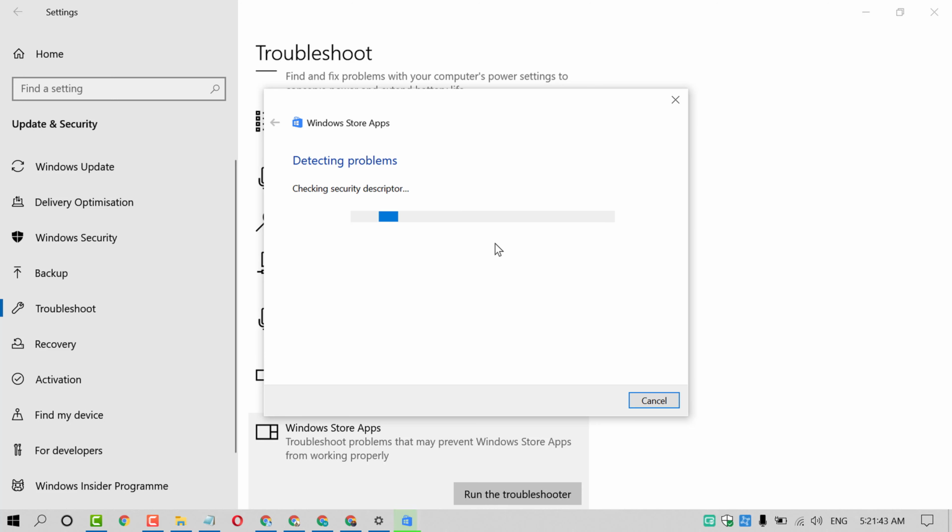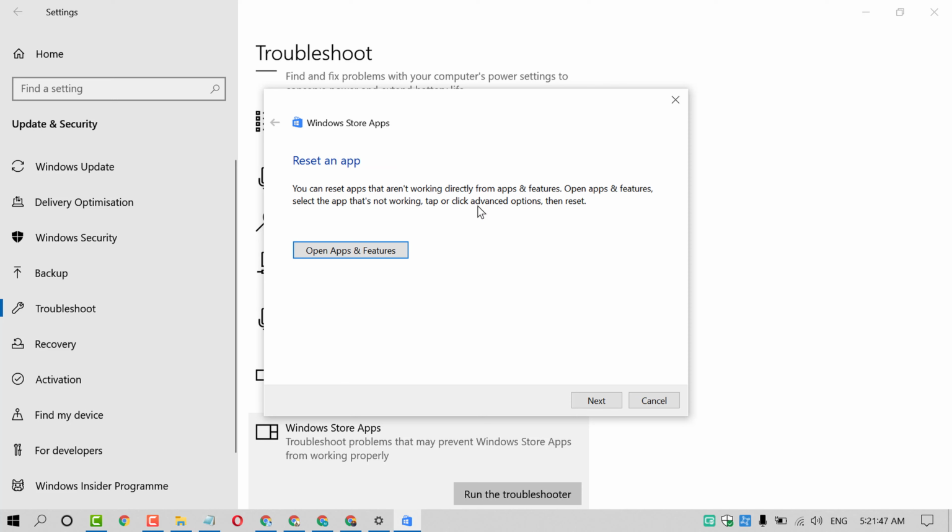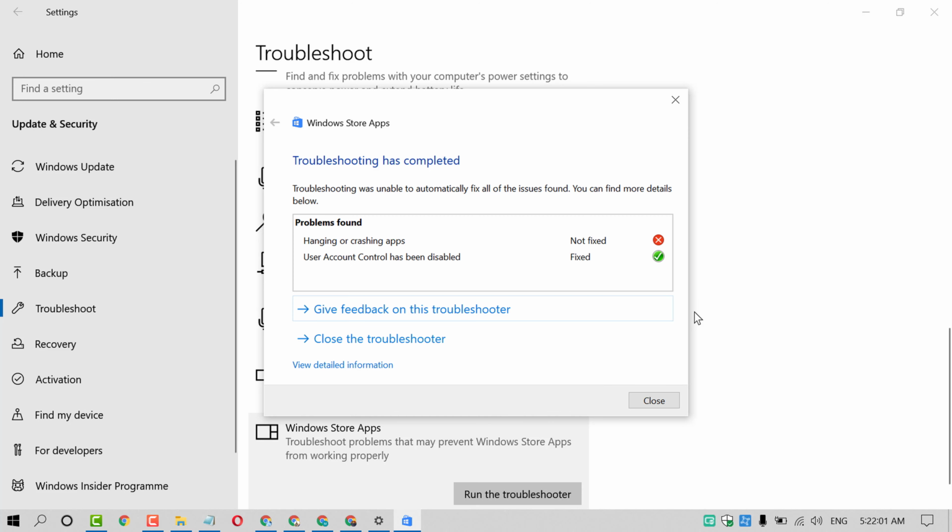And friends, after using this method, the Windows Store application should work properly on your PC. And friends, if after following all the troubleshooter guide you are still facing the error and your Windows Store does not work properly,